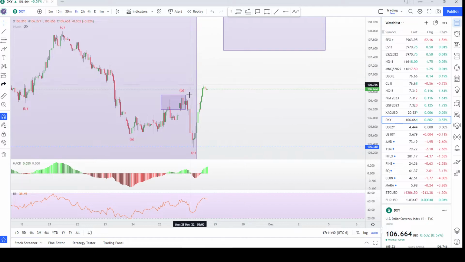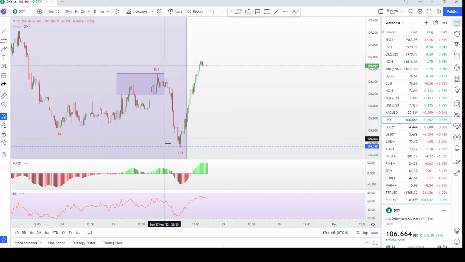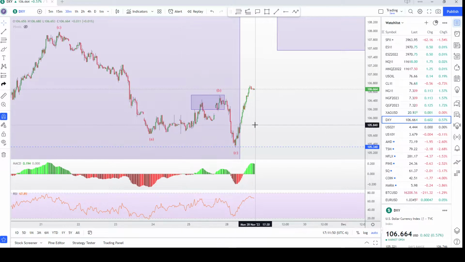But we've got to wait and see what happens in this area to let us know if the low is in now, and we got an ABC and we're done, and we're marching up towards 114, or we got another 3 ways up and then we're coming back down. So more to come on that.